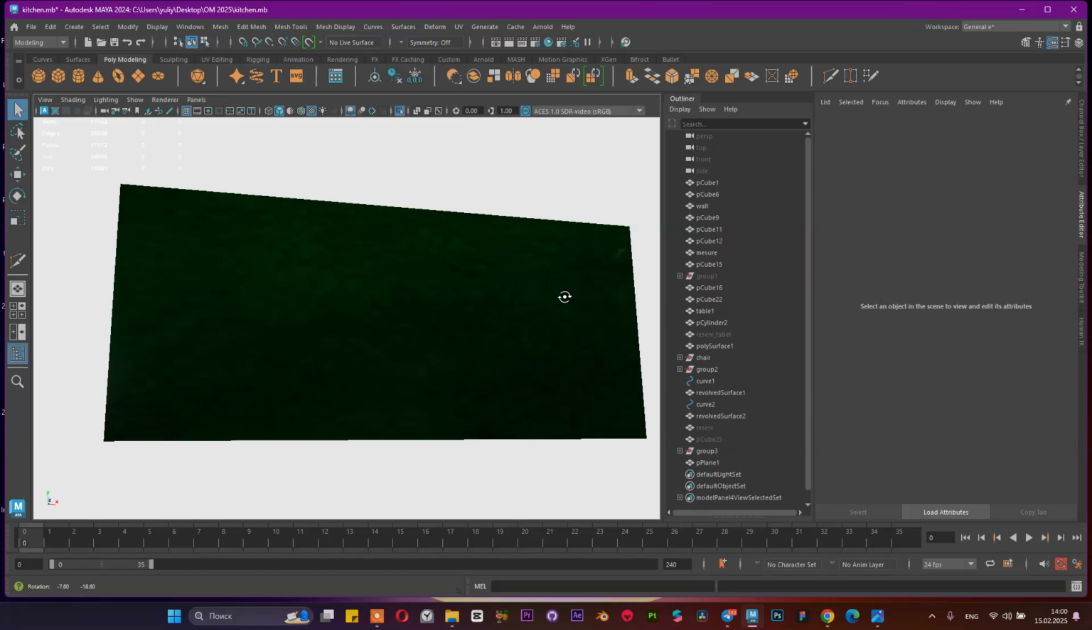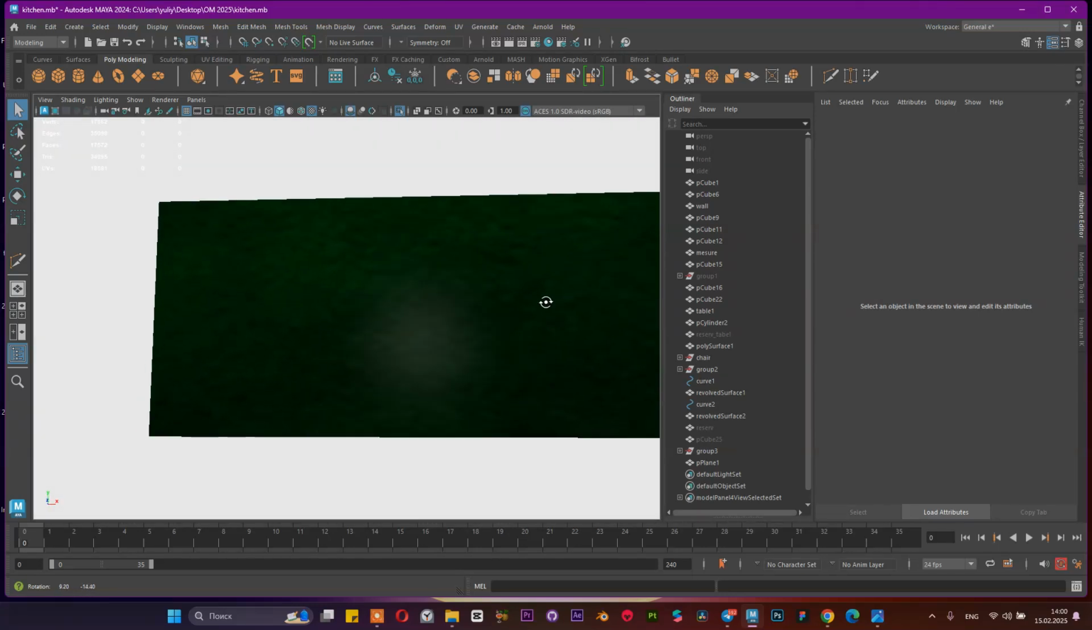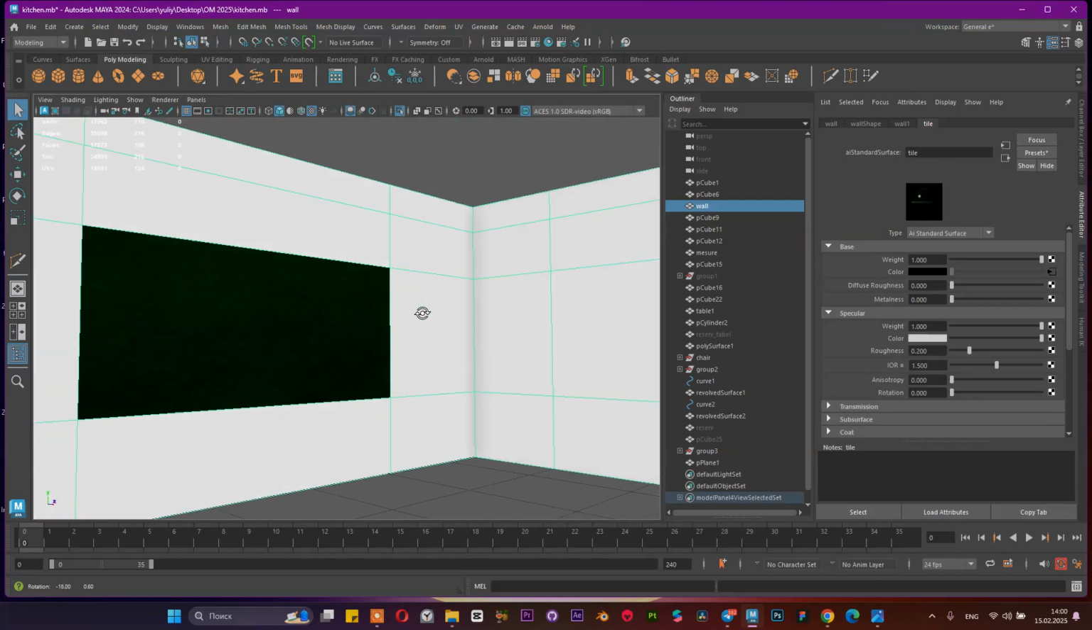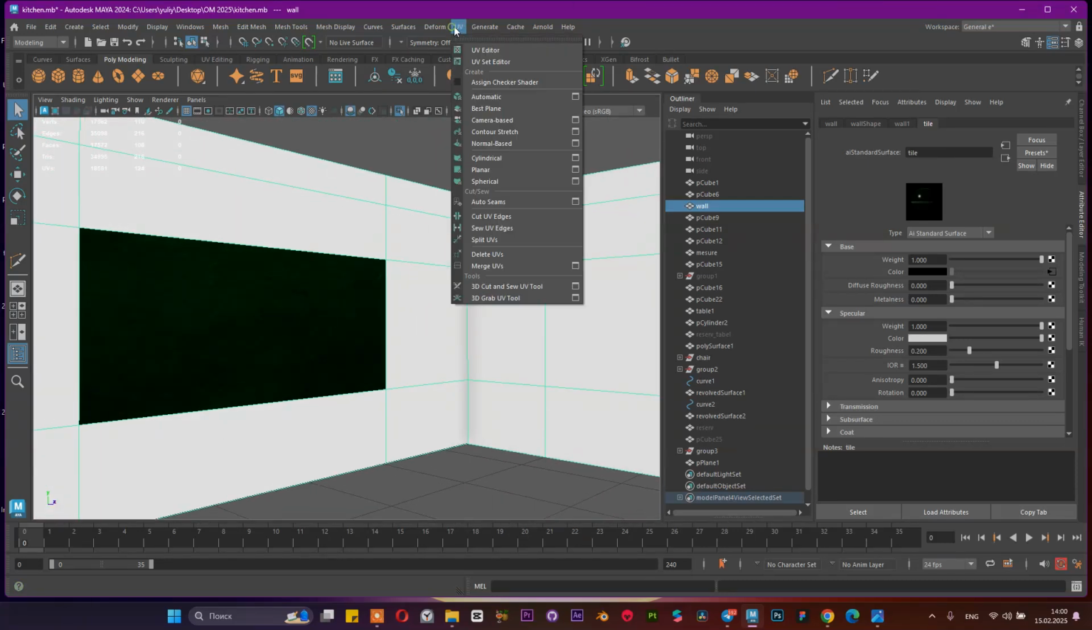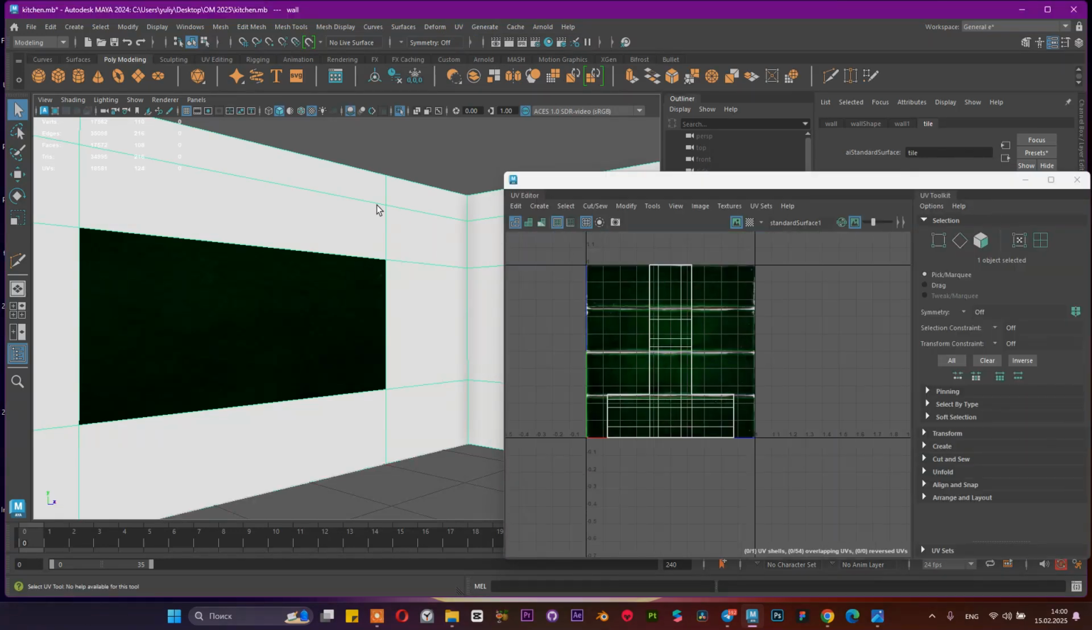Without any UVs, you see the texture can be weird and not look like we assigned. The next step, I'm going to use some UV editor settings. By default, every cube has this